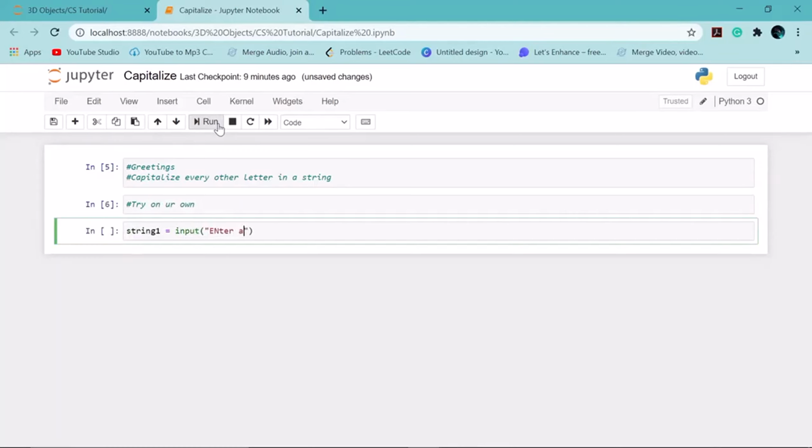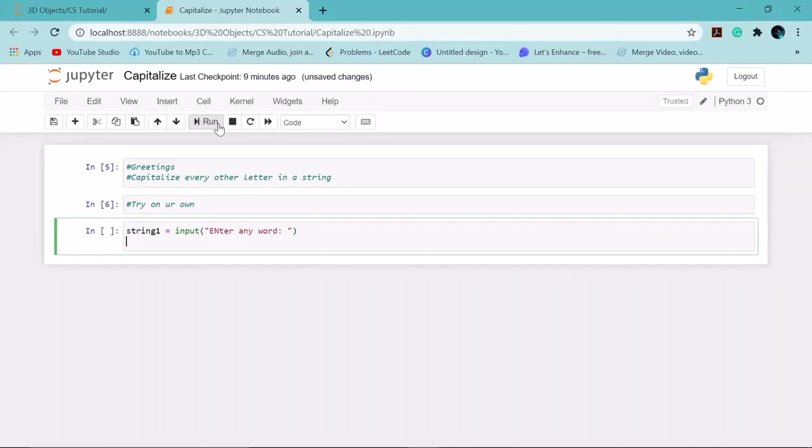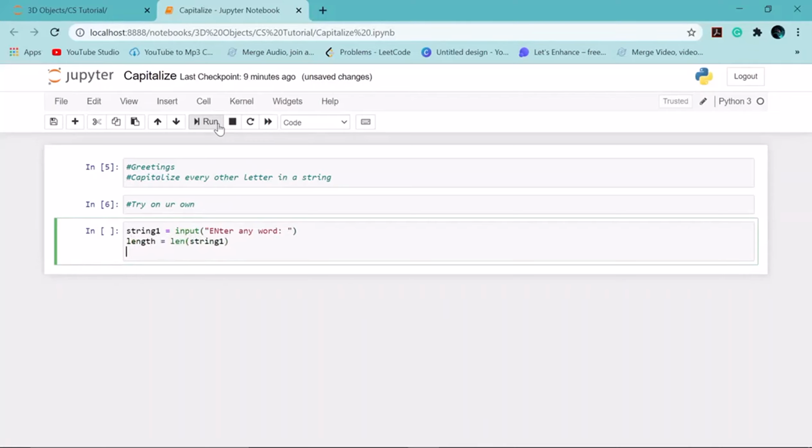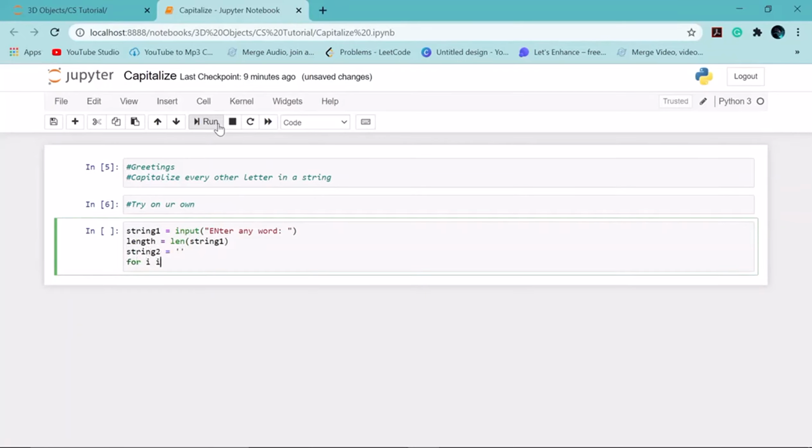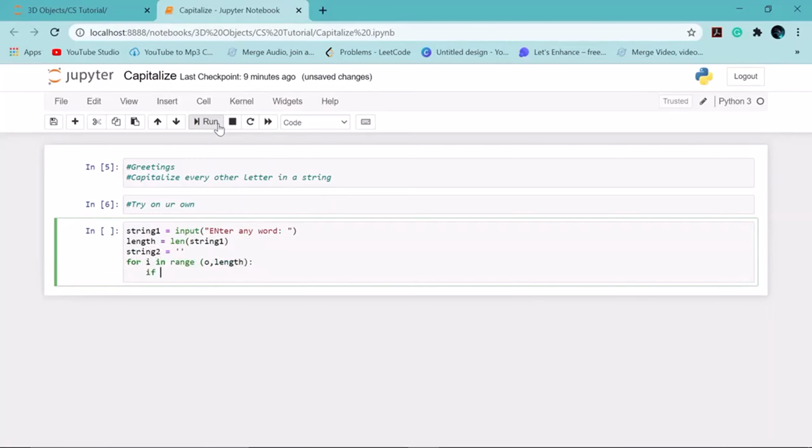So for that we write string1 = input("Enter any word"). Now calculating the length of the string, we write length = len(string1). Now we will have to use the for loop, so before using that we will write for i in range(0, length): if i % 2 == 0: